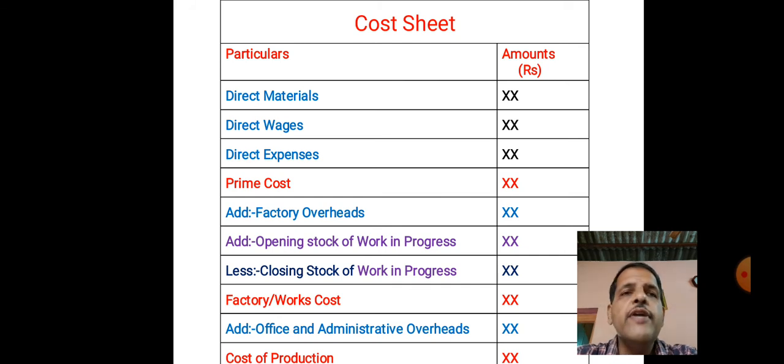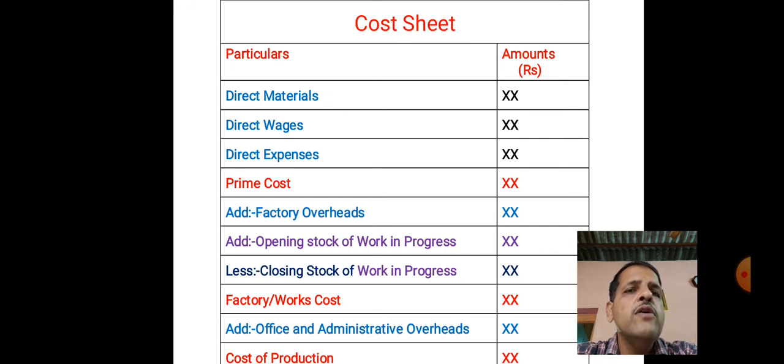Then we have to deduct scrap sales from it. Now what is meant by scrap sales? Whenever a certain product we produced is defective, which cannot be sold as final product or finished product, that is scrap, and which is sold at some lesser value in the market, that amount should be deducted from these factory overheads.